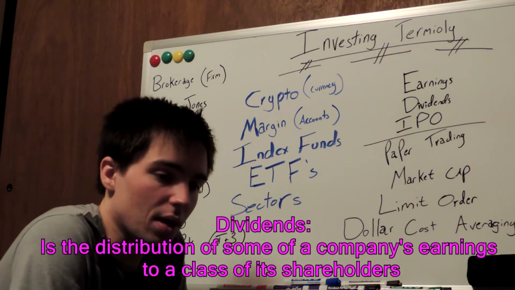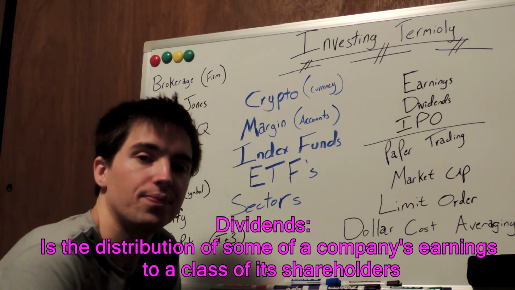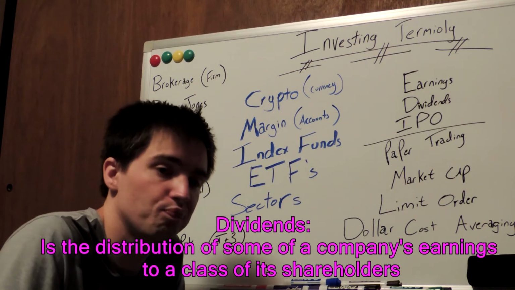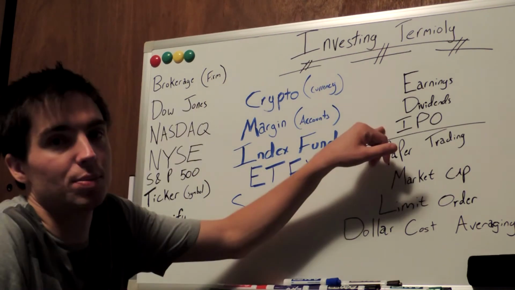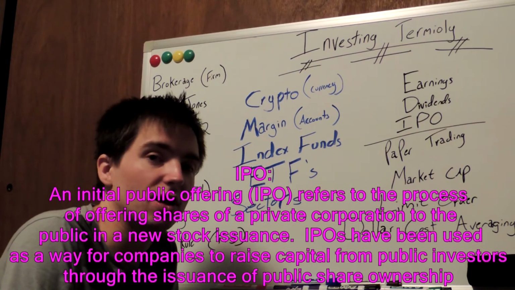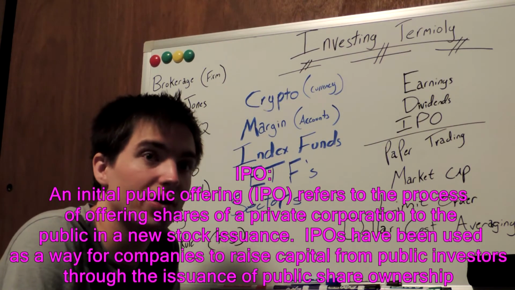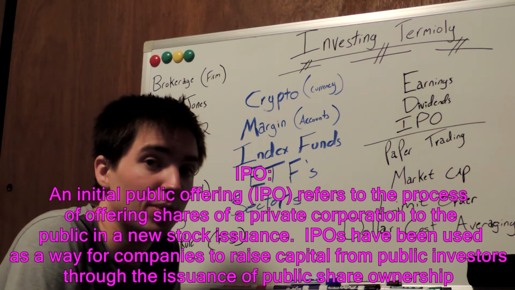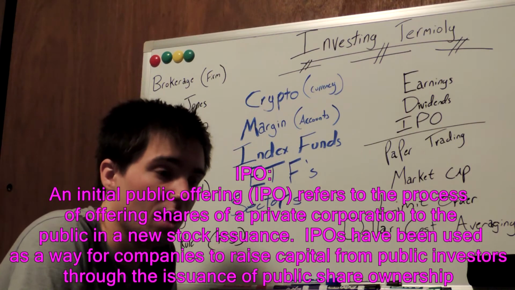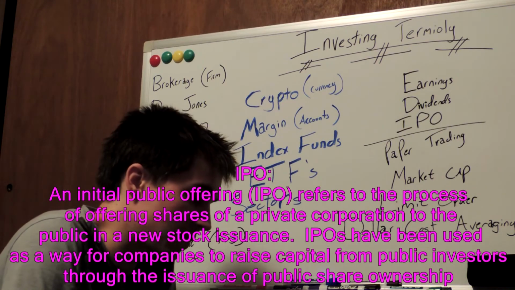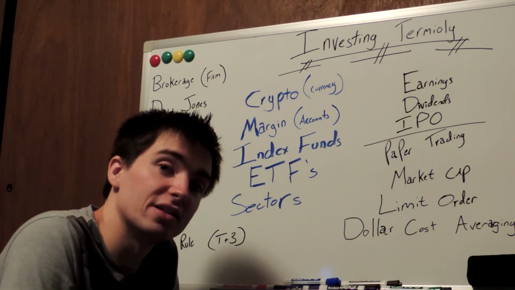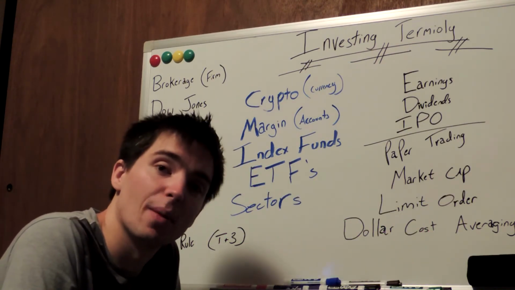Dividends. So say Coca-Cola, Disney, and stocks like that. IPO, initial public offering. This is the first time that we as common traders have the ability to buy said stock. This may happen on any given day. An initial public offering is a free-for-all in the first X amount of time.